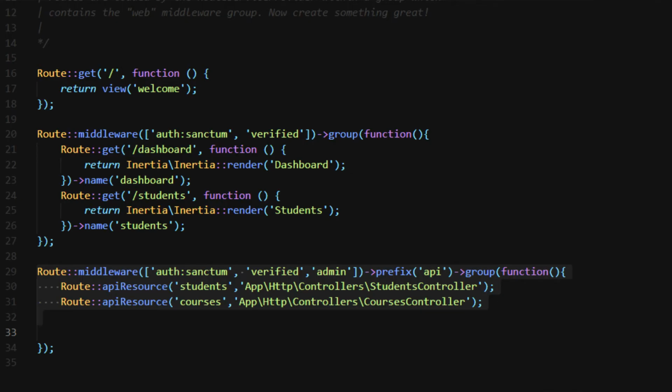This is how I've done mine. Definitely you can do this, all of you, if you choose. This is pretty much child's play, really. They're giving you an option to use the middleware, the prefix, and the group. Easy.